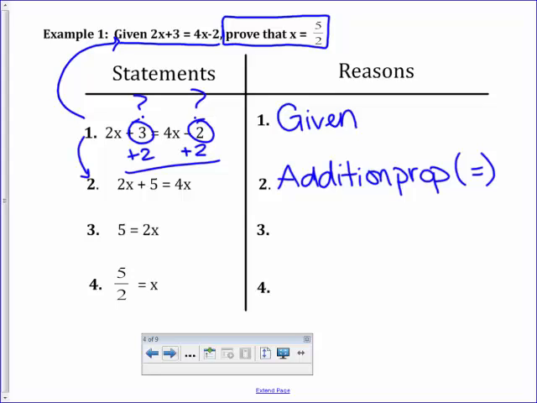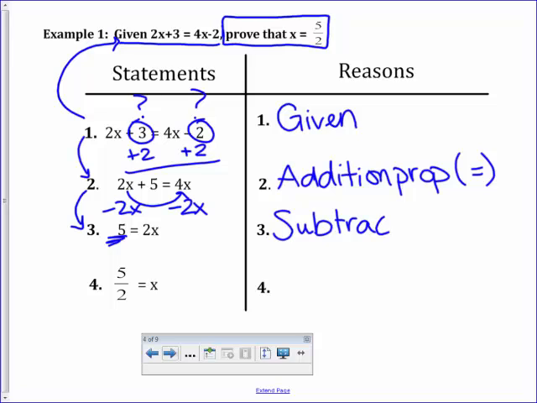Okay, so then from step 2 to step 3, it says we have 2x + 5 = 4x, and then we get 5 = 2x. What happens here is we're taking this 2x and moving it over there when we're solving this equation, because the 2x is gone from here. To get rid of that 2x, we are subtracting 2x from both sides from step 2 to step 3. So that property is